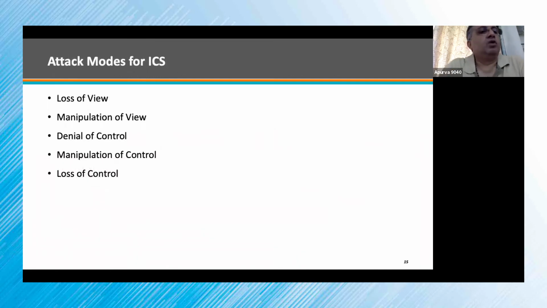So, what are the attack modes on the SCADA? One of the biggest challenges when somebody attacks is that you can have a loss of view. If somebody has taken over your SCADA, you will not have a view of what is happening to your industrial control system because your HMI is compromised. Or a person can manipulate your view. It will say everything is running fine, and behind the scenes they will shut down the centrifuge. They can do that.